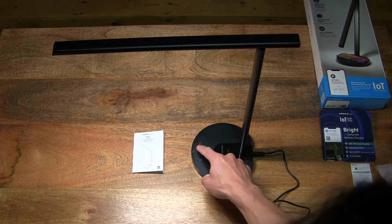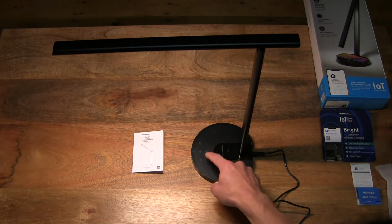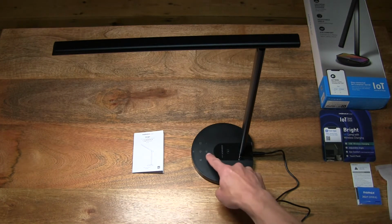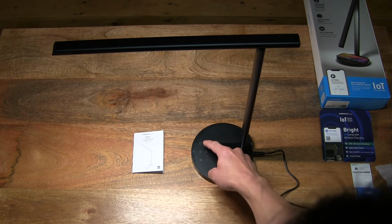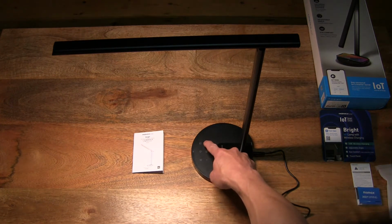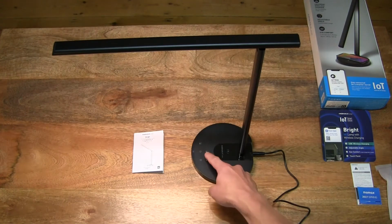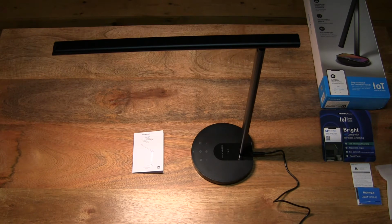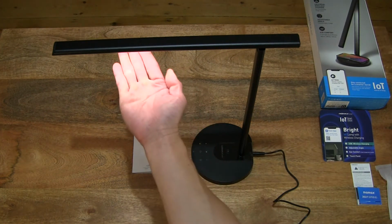So there we go, the three modes, starting with the reading, leisure, and working modes, and all of them are at the highest setting. So now let's pop back to the reading mode and just giving you a look at the intensity and different levels of the light's brightness. So right there, just playing around, going all the way to the lowest, as you can see right